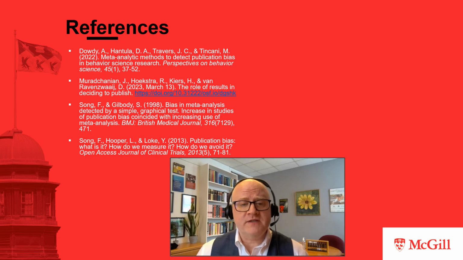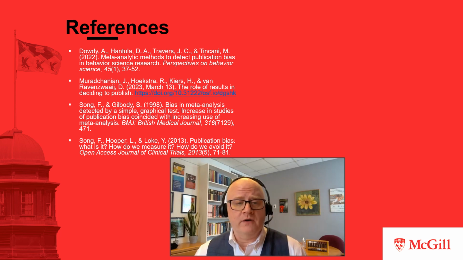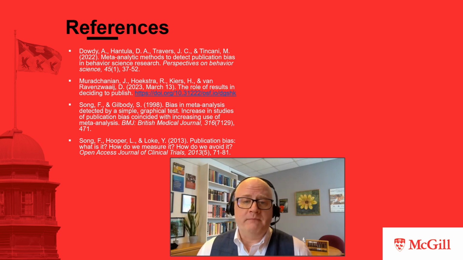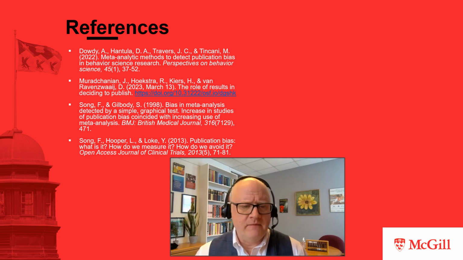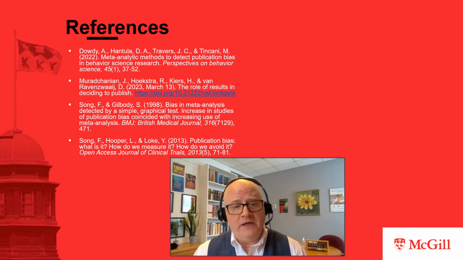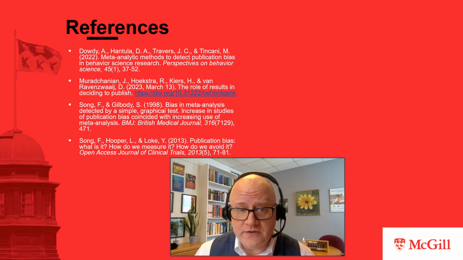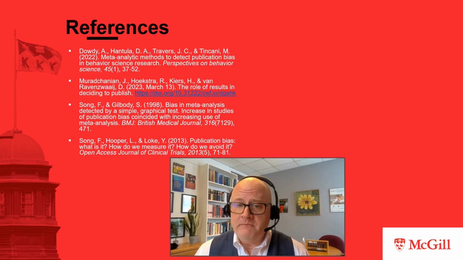There are quite a few references on this, but I just put a few here for your future reading about how we detect publication bias, why it is important, and some of the various methods. There's a whole bunch of methods out there, so I'm not going to go into the detail. But it's part of changing a culture, moving publication bias away from something that negatively influences how we practice, how we develop theory, and how we create new research and new research ideas. All those are impacted and impaired by publication bias.